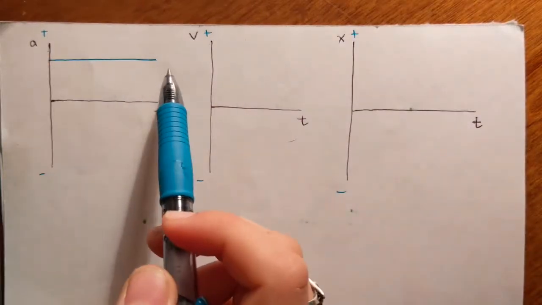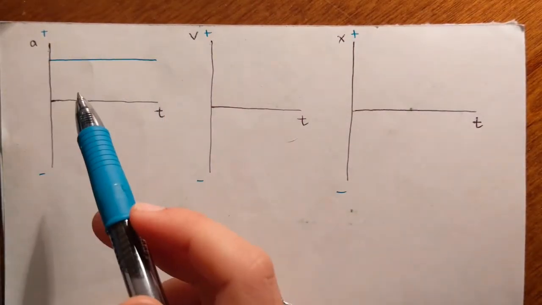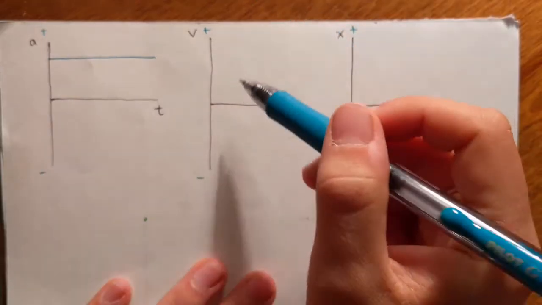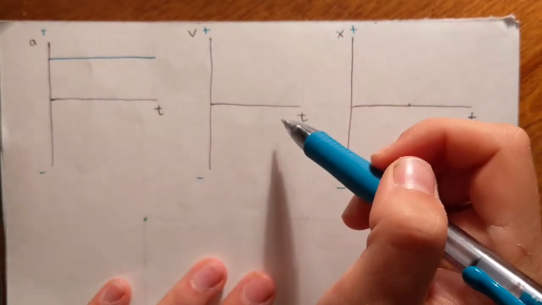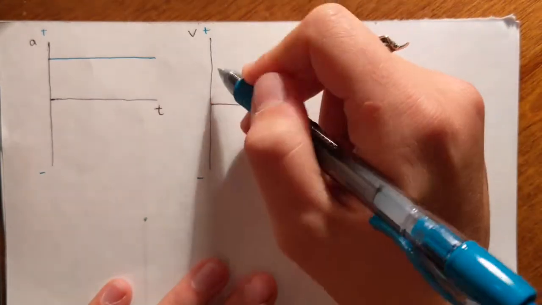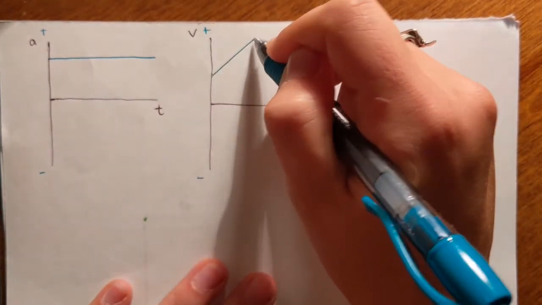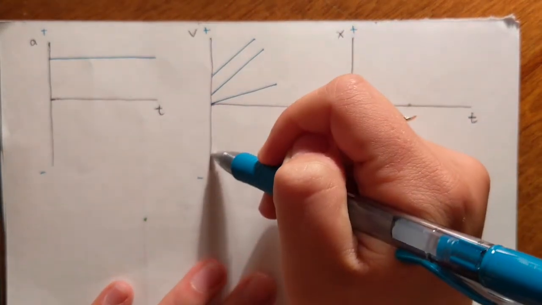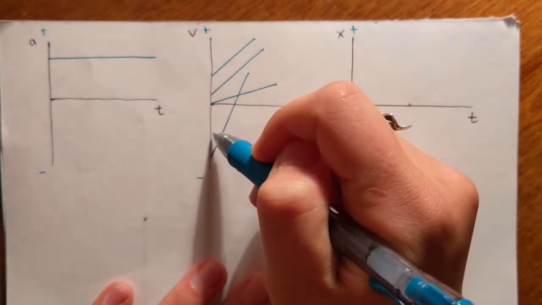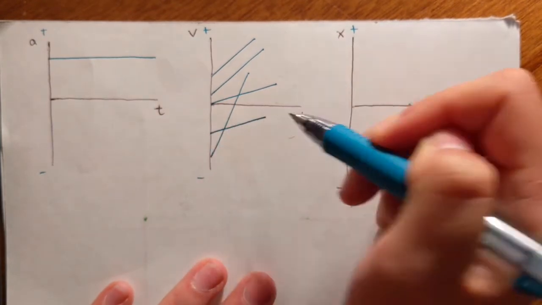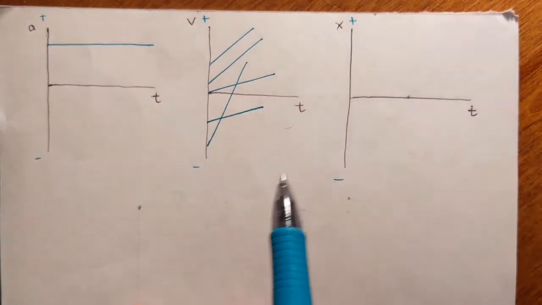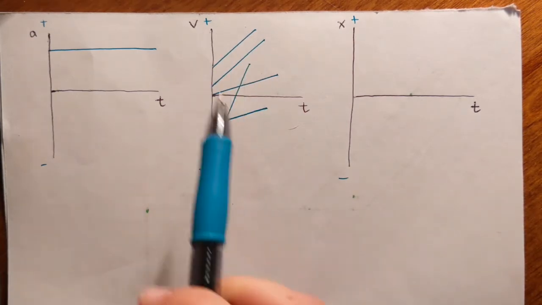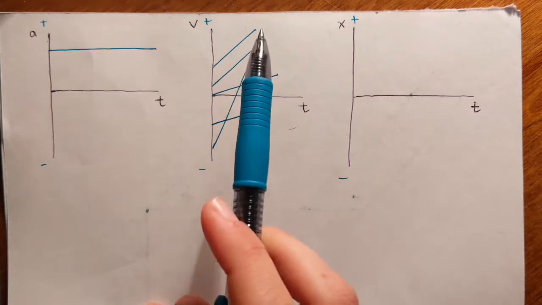So if you have a positive acceleration on an acceleration versus time graph, how can that look on a velocity versus time graph? I have many options for how a velocity versus time graph can look. It could look like this, or this, or this, or this, or this. Okay, so if I have a positive acceleration, any of these velocity versus time graphs should represent that the object